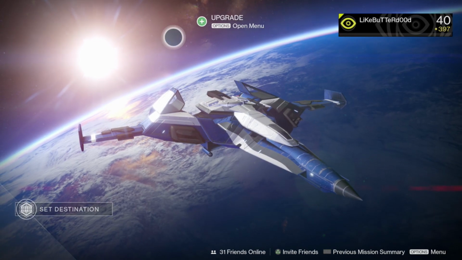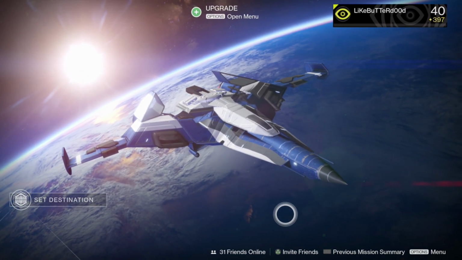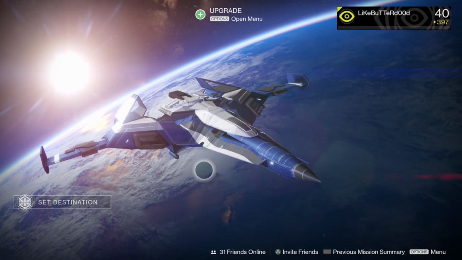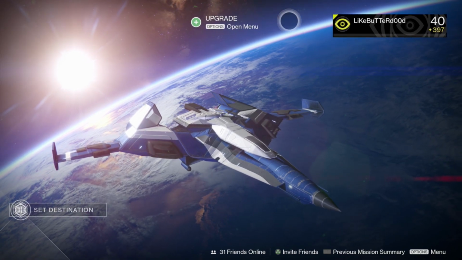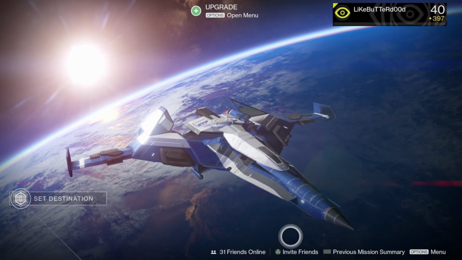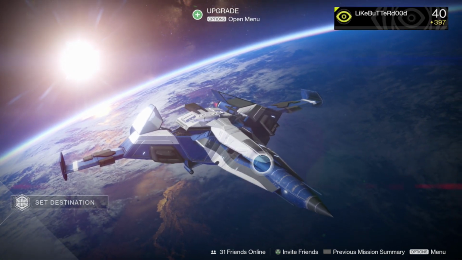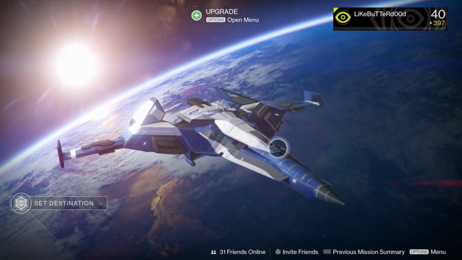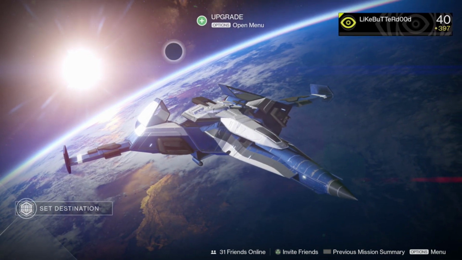Today I'm going to show you guys how to get your light up as fast as possible. A lot of people have told me in the past that the easiest and fastest way is to just grind strikes, and that may have been true at one point because you constantly get drops higher than what you have. I think it is a ton more efficient if you just go to Archon's Keep and do